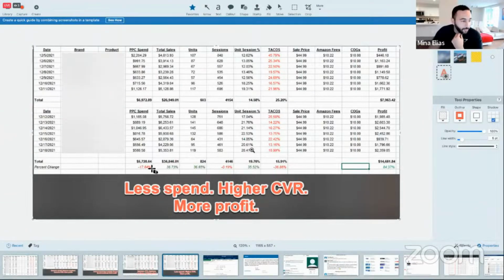increase in profits. And so it was a result of cutting down the spend, because the week before, so the backstory, and this is why I love to have this, the backstory is a week before we launched a bunch of campaigns. So the spend here went up, and we still hadn't had a good grip on which were the good keywords or not. So we then optimized and cut out all the stuff that doesn't work and doubled down on the stuff that did work. Sales went up, but also at the same time, conversion rate had gone up that week. And so we were able to get more profits and identify what caused the more profits. So this is kind of